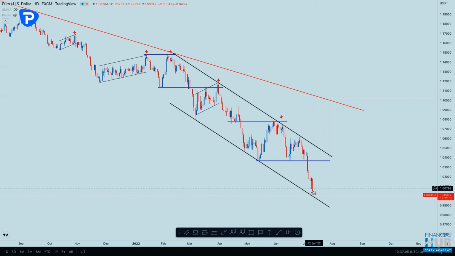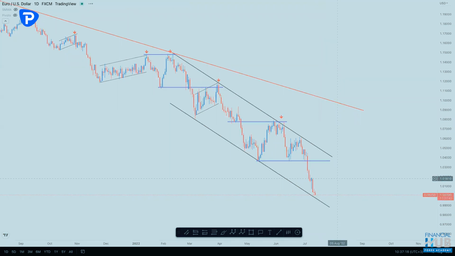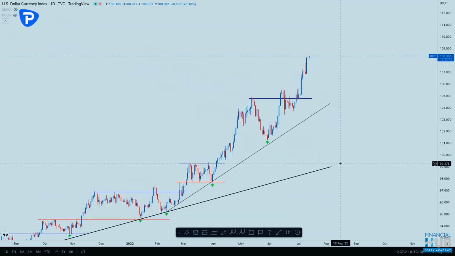It can easily correct from this level, and market can move higher. Let's first see if market will hit that 0.999 something on this pair later on today, and see if we can get that market correction. But if we go back to the dollar, still looking at that dollar strength, what we're talking about,